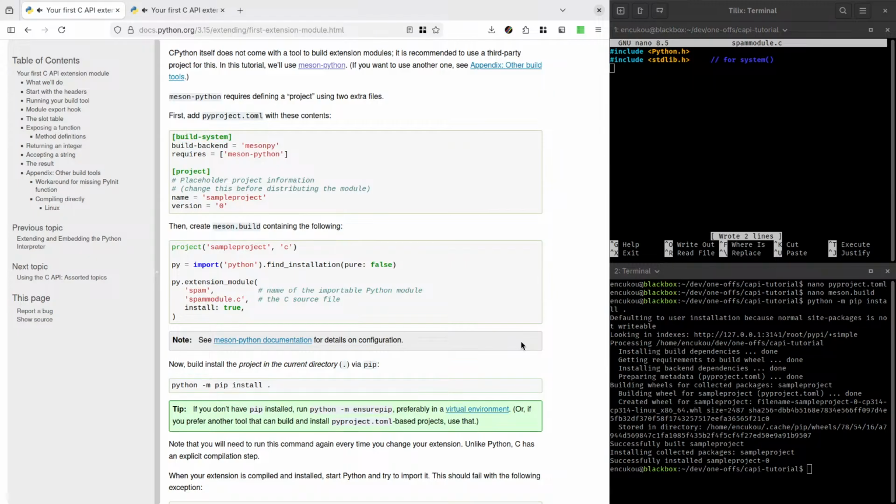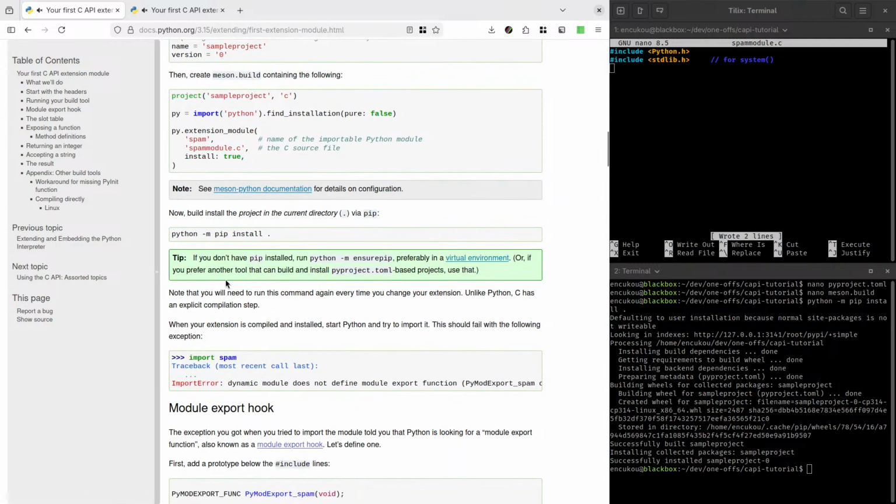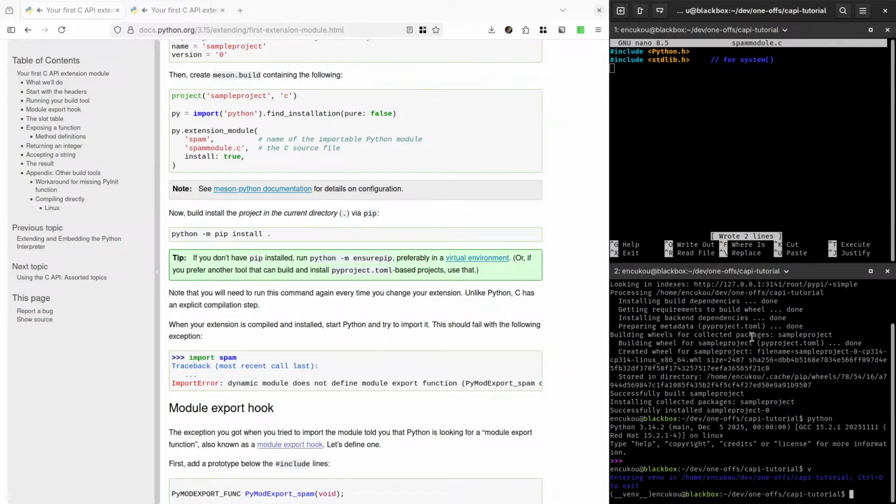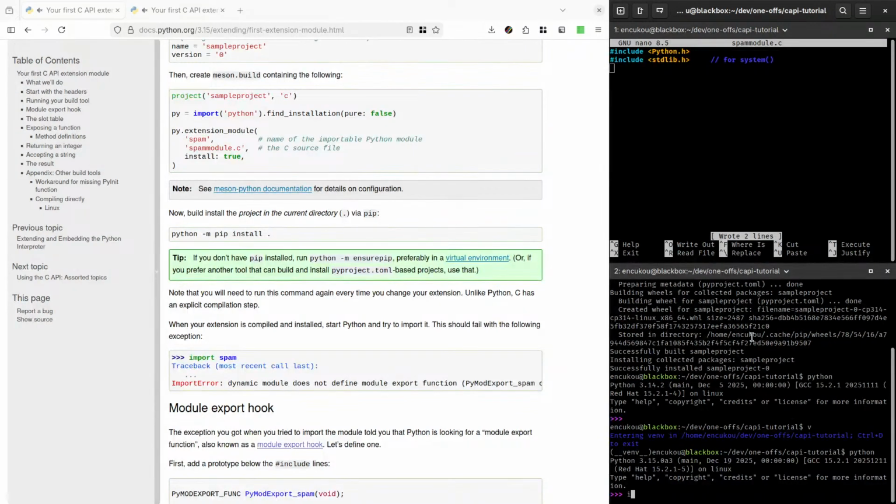Let's take a look if this works. Yeah, successfully installed. We skipped one thing: if we don't want to use Meson Python, there are other build tools in the appendix here, which we'll get to later. And that's where the trouble will be. Now we can try importing this. So if we run Python in the virtual environment, and we import spam,